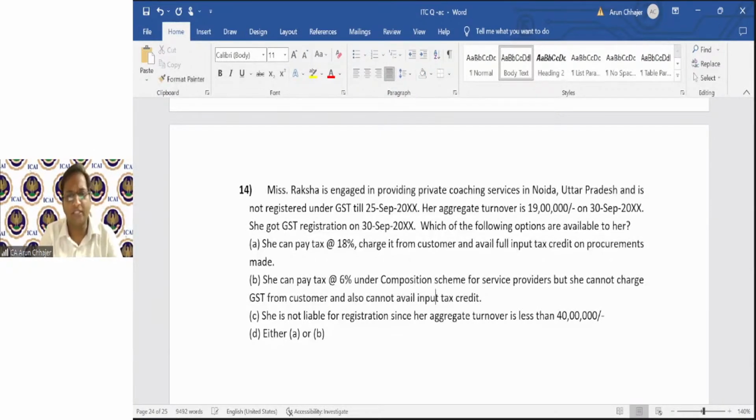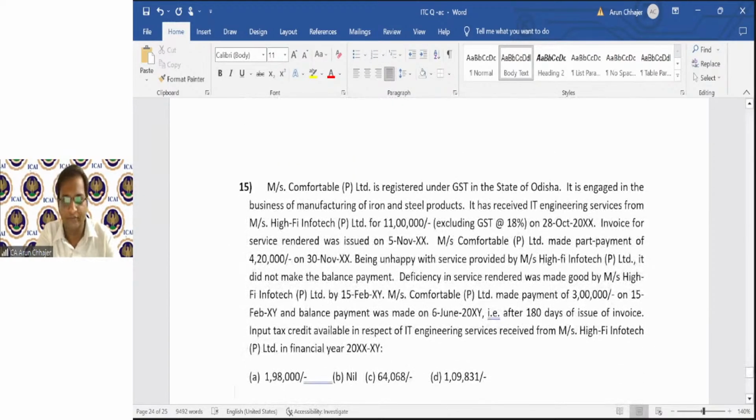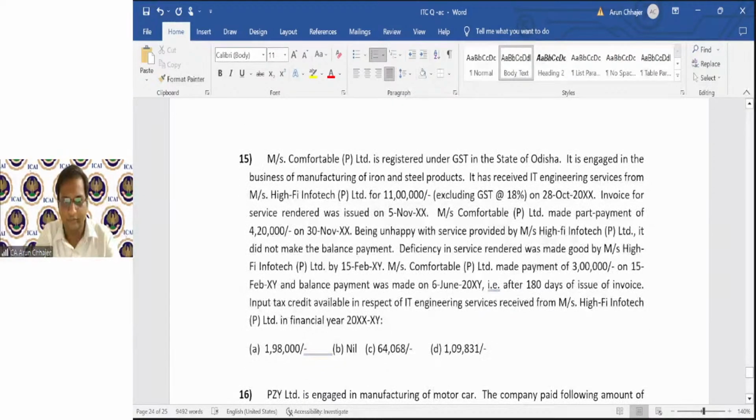So just wait, because this question is related to the registration. So I'll skip this question. मैं स्किप कर रहा हूं बिकॉज इसमें थोड़ा ना कंपोजिशन और रेगुलर कैटेगरी ऑफ रजिस्ट्रेशन, मैंडेटरी रजिस्ट्रेशन, इनके बारे में